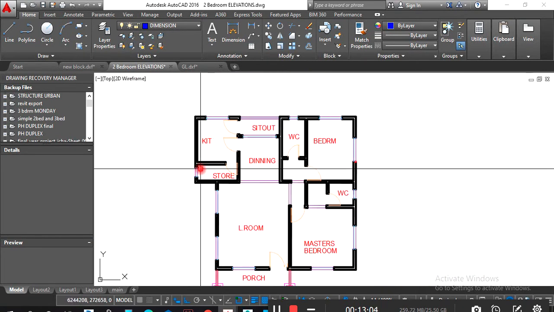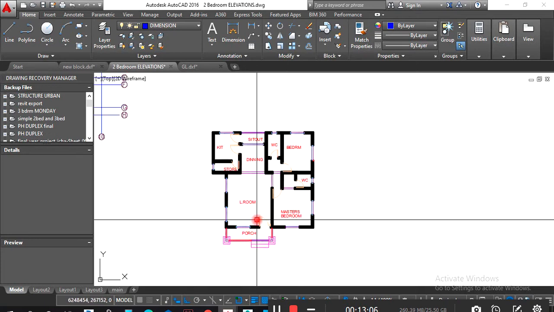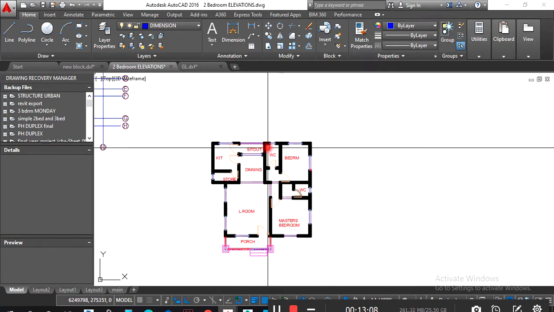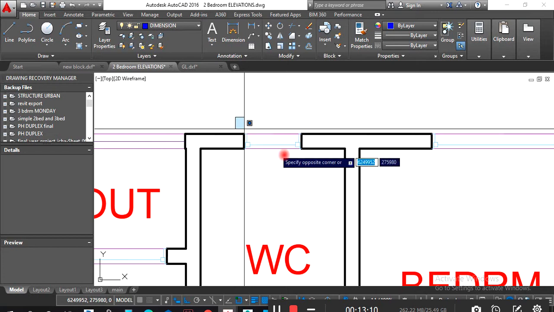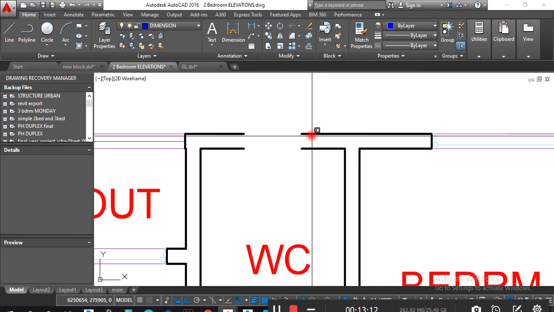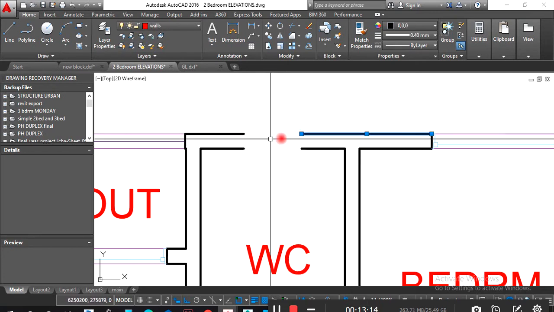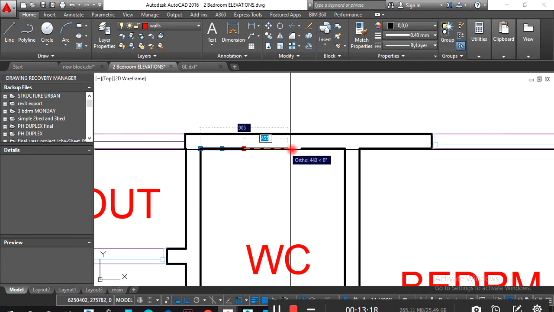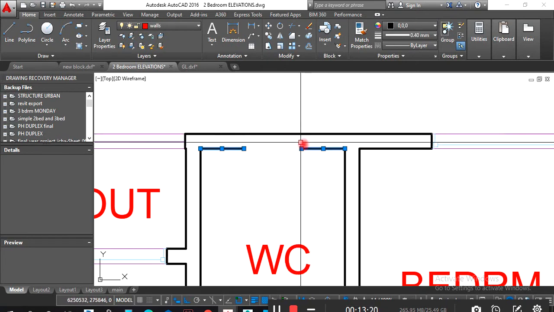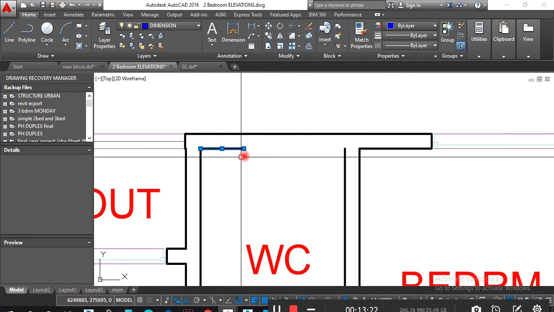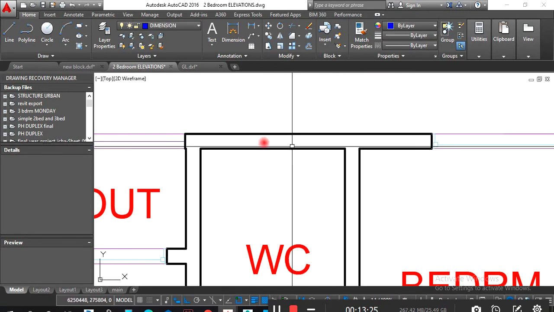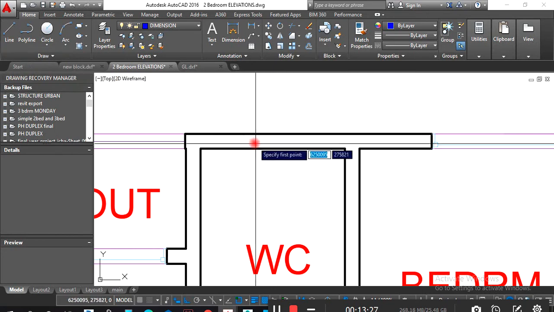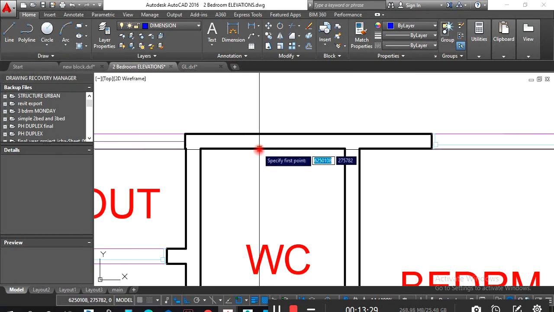I'll place the door. Simply same as window. In case you forgot to make a window that side, you can also make it this side. It's that simple. Let's say you didn't have this here. You pick a line here and locate